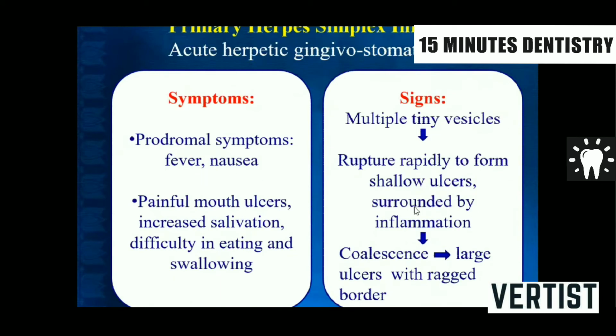Now these are surrounded by inflammation. There will be an inflammatory halo around it. Many times these shallow ulcers coalesce together and form large ulcers with a ragged border, and they might have tissue tags. Here I'll add that you also have to remember the difference between primary ulcers and secondary ulcers. Primary ulcers are ulcers which are de novo, like a traumatic ulcer. Secondary ulcers are the ones which form from pre-existing lesions, like in primary herpes simplex infection. So they always have a tissue tag present with them. Sometimes they twist it and ask it in an MCQ.